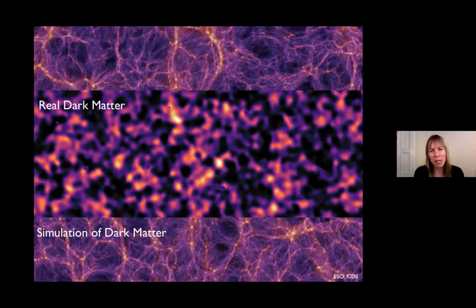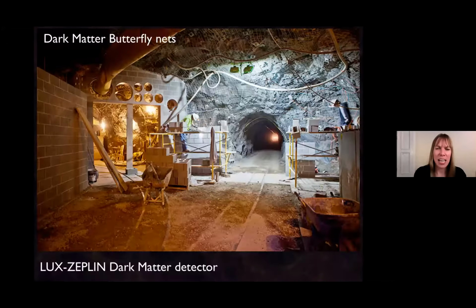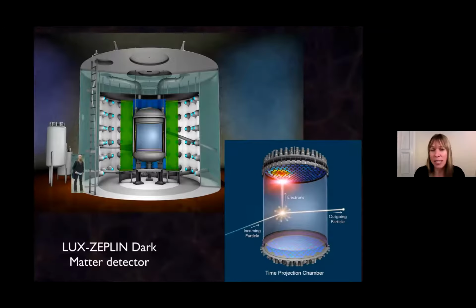This is a deep underground layer where they detect dark matter particles by looking at how they interact with very heavy xenon particles. So the idea is dark matter particles are flying through the Earth all the time, and the idea is they come in, they're going to have a direct collision with a xenon particle. That's going to produce a little bit of energy, which is going to release an electron, and that's going to be detected.